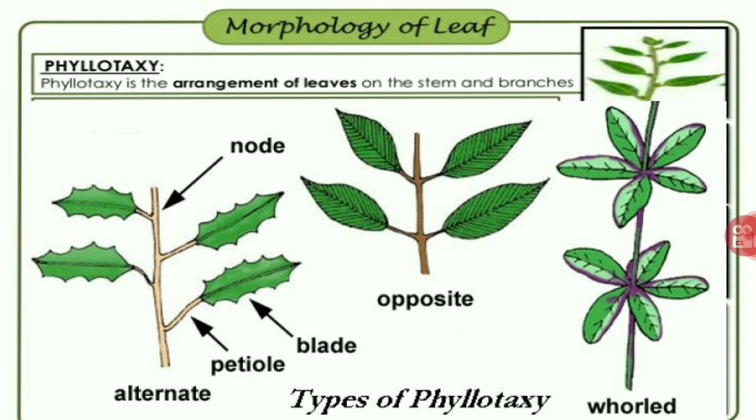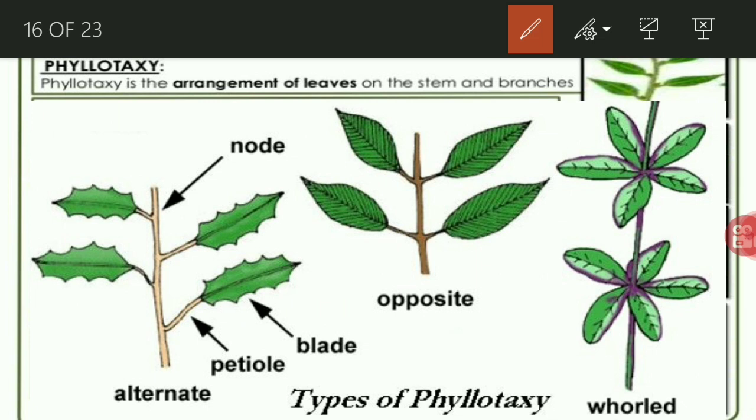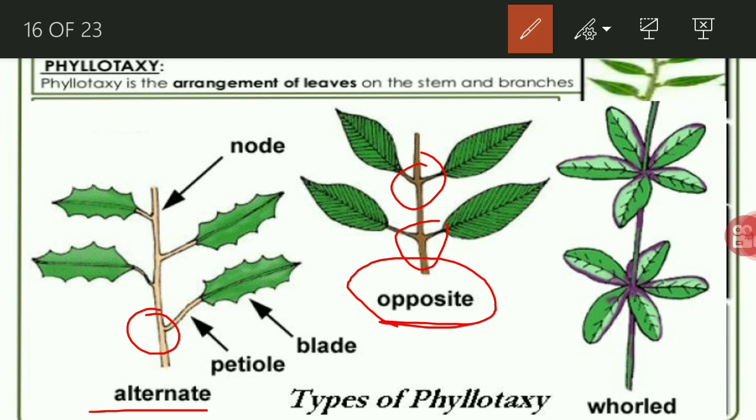Students, have you observed in a mango tree, the leaves are arranged in an alternate manner, meaning from each node a single leaf blade arises. This is a summer season. Jamun tree is fruiting. In the jamun tree, the leaves are arranged on a branch in a pair on each consecutive node. Such type of arrangement is known as opposite phyllotaxy.